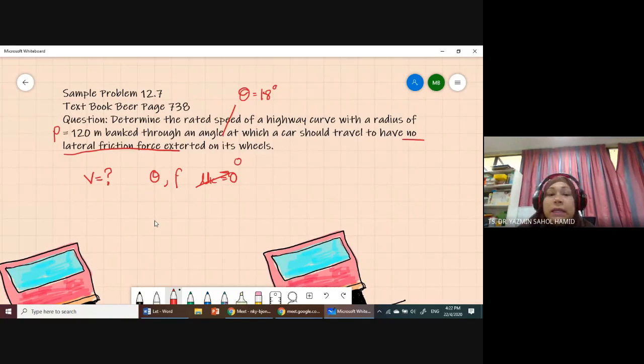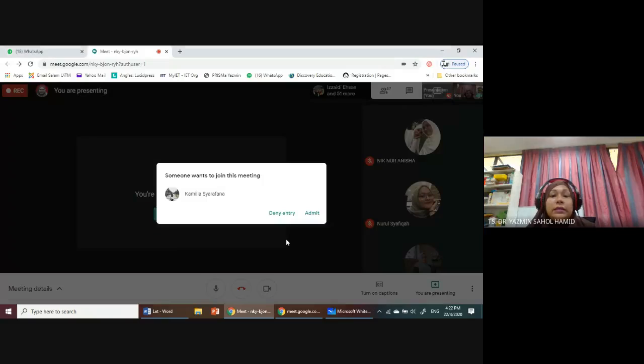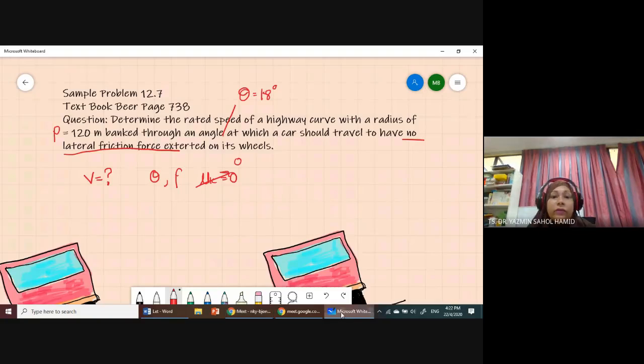If we read carefully, the problem is to determine the speed on a highway curve. So let's assume there is a highway, but it's curved, and the highway curve is not only curved, it has a bank angle of 18 degrees. So what is the rated speed of the highway when the angle is 18 degrees